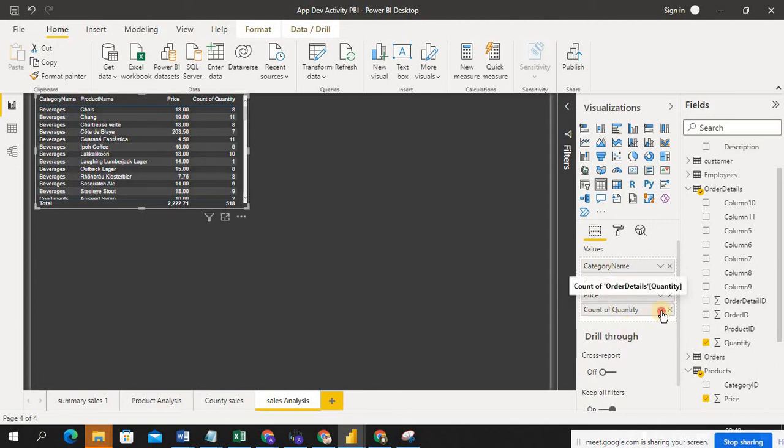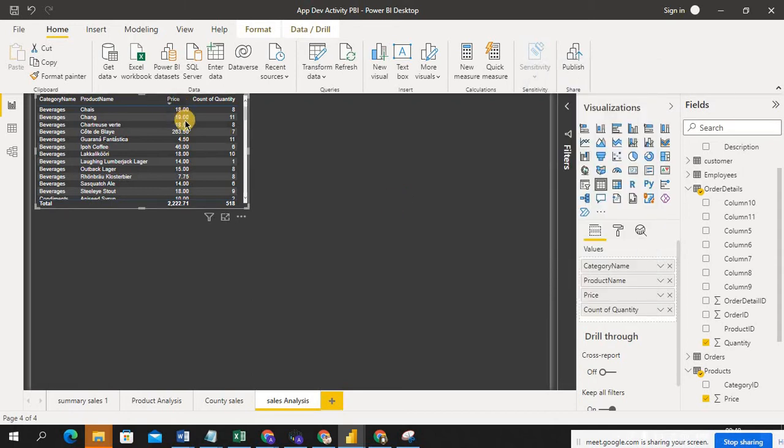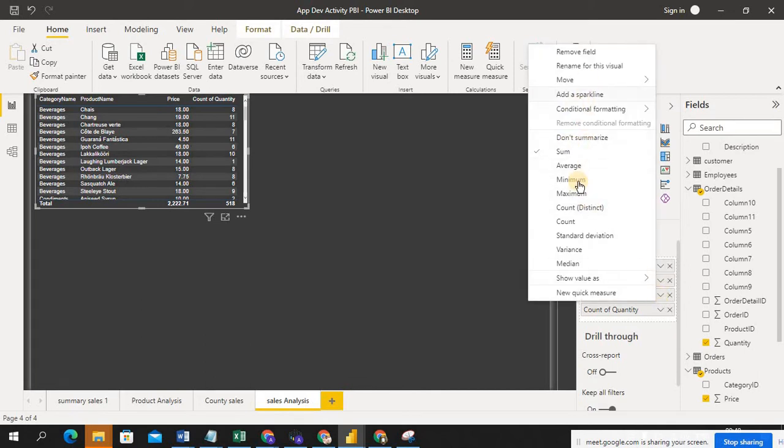You have to change it here. Now I don't want the price like this. I want to know the average value for this product. So I go and change it here to average. Where is the average?